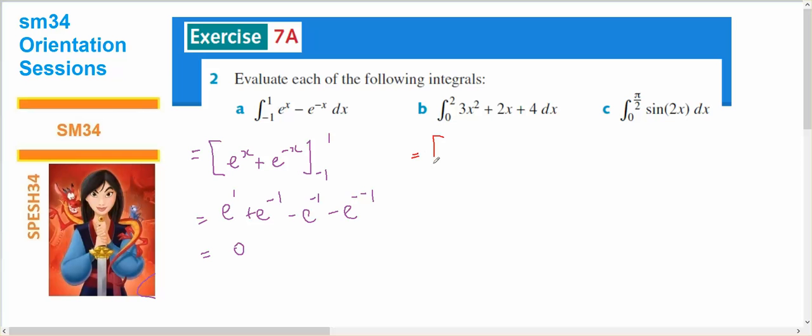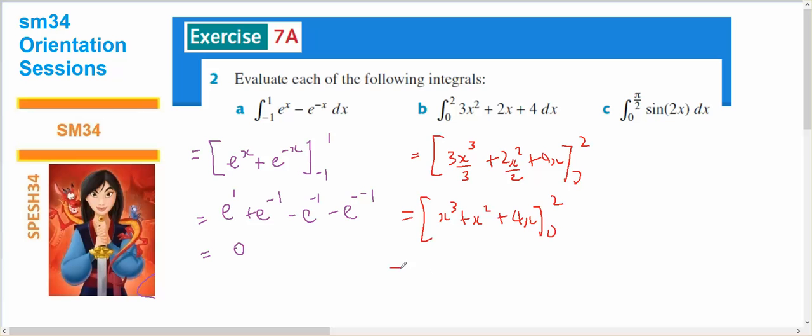Looking at the second example, I'll have 3x cubed on 3 plus 2x squared on 2 plus 4x from 0 to 2, which is x cubed plus x squared plus 4x from 0 to 2, which will be 2 goes in first, so 8 plus 4 plus 16 minus 0 minus 0 minus 0, which gives 4, that's an 8. That gives me 20. And lastly,